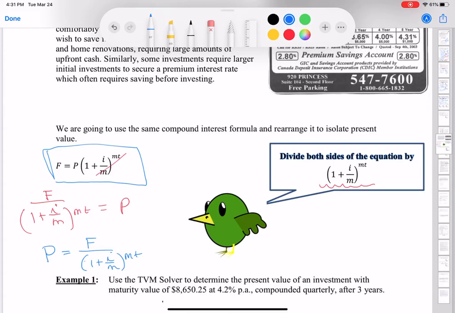However, we're going to be doing some more rigorous algebra, and there's a second version that is very helpful that I like to use, and it's P equals F(1 + i/m)